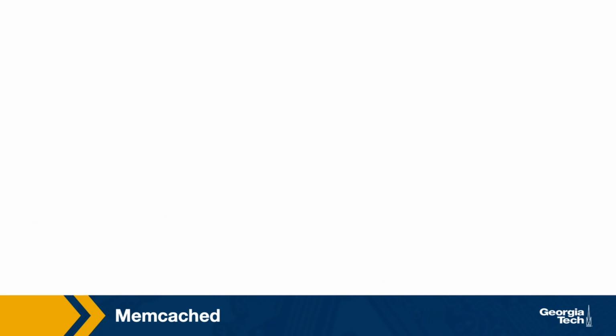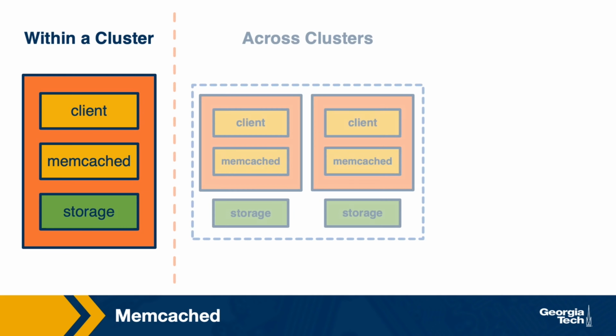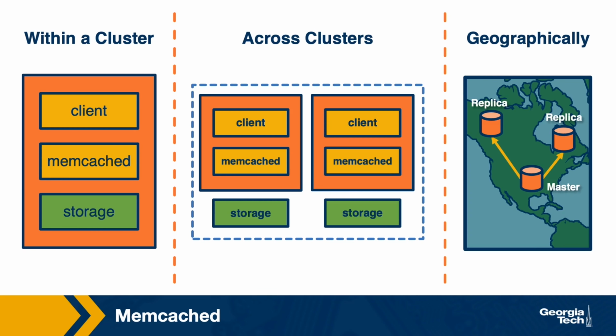The different contexts where Memcache is used include within a single cluster, so this would be a set of machines in a single data center. With multiple clusters, again, this would be in a single data center, but they would be grouped logically, one cluster versus another cluster. Or geographically, these can be distributed to different locations across different data centers. When we talk about clients here, this could be external clients. However, this could also be the different applications of Facebook's that also execute in the same data center and access the key-value store to perform different operations.